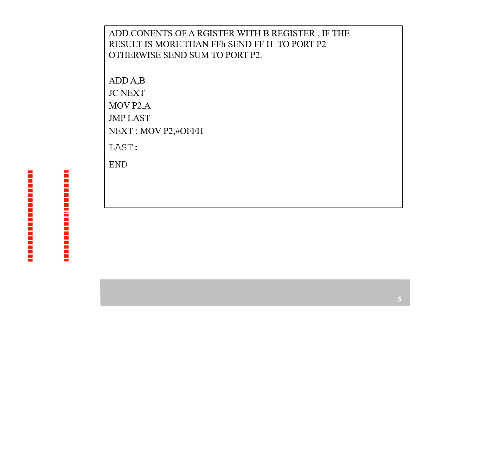Unconditional jump means after this one you are just going to the last. That means this instruction will not be executed if there is no carry. If there is carry, it will directly go to this one. So move P2 comma A will not be executed.